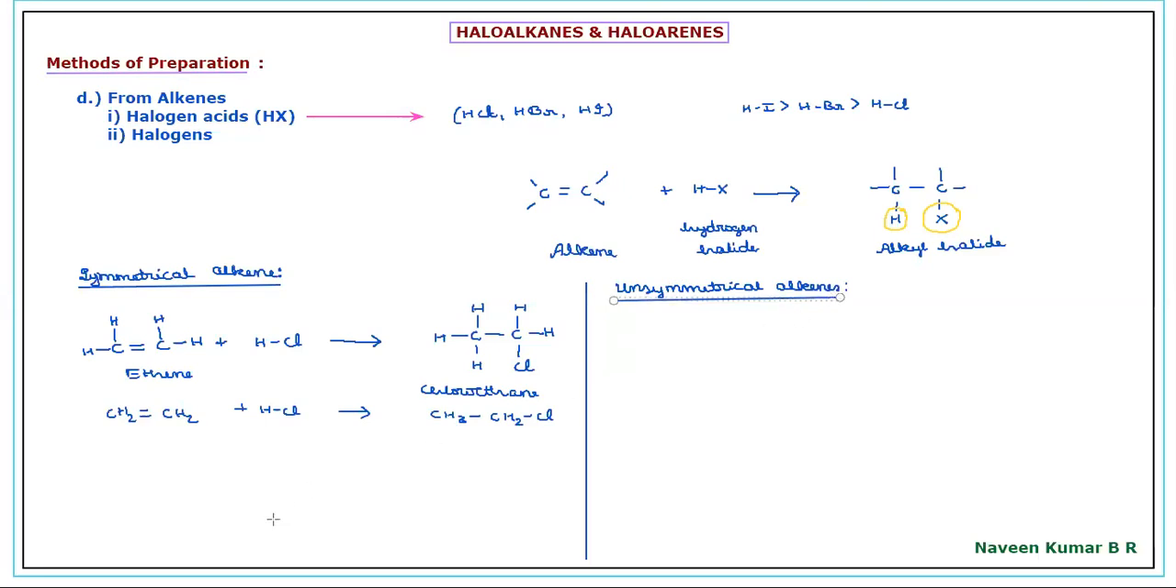We'll take a simple example. We'll consider propene. It is CH3-CH=CH2, propene. With respect to the first carbon, it has a double bond, so it is propene. Now if propene is